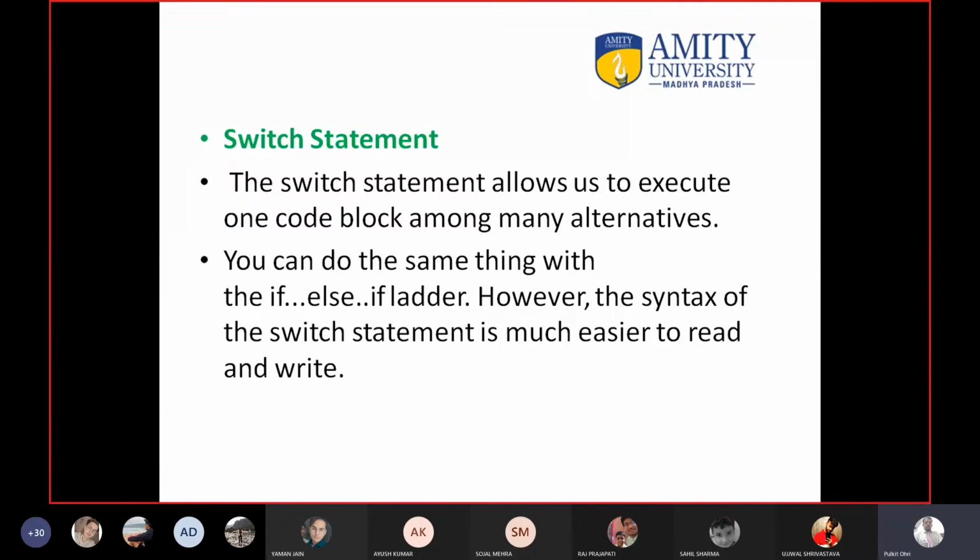Now the first thing is, switch statement is like the if else. Whatever code that you can write with switch statement, also you can write the same code with the help of if else. But the thing is, when you use the switch statement, it is easy to read. Okay. Switch statement allows us to execute one code block among many alternatives.